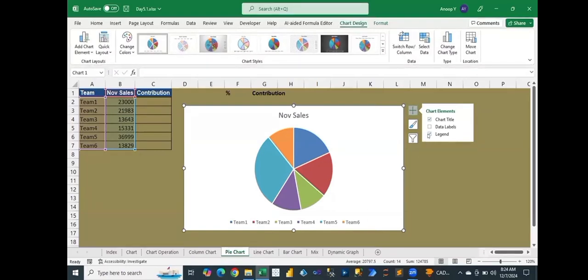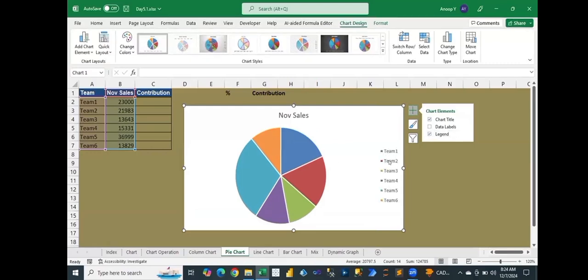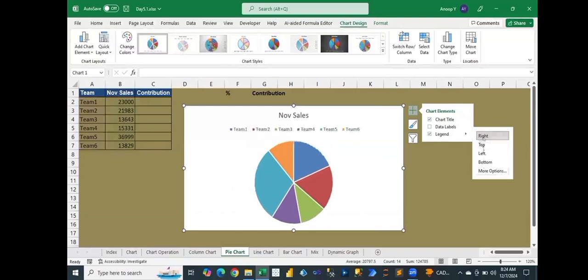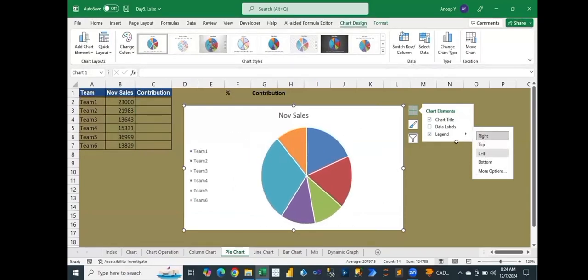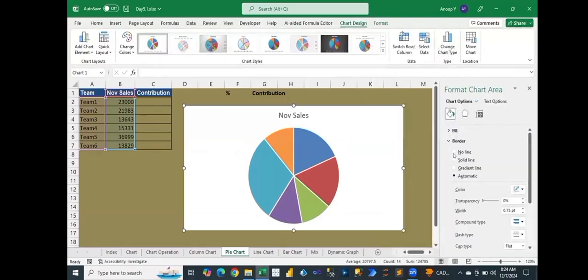So now here, if you do not want to show these legends, you can click on this box, uncheck this one, and that will go away. If you check this one, and for example, if you want to change the position, you can click on this arrow and keep it anywhere you want. Okay, so I'm keeping the legends unchecked. Here, in the background, I want to fill some color. So I will just go with this format chart area, and I will just fill